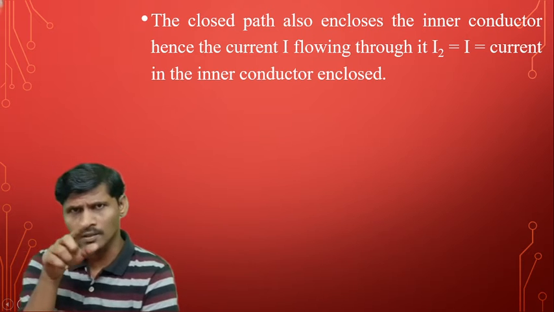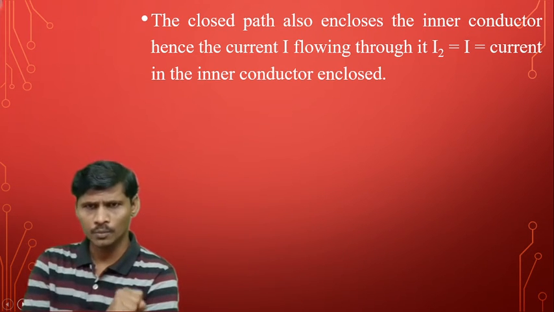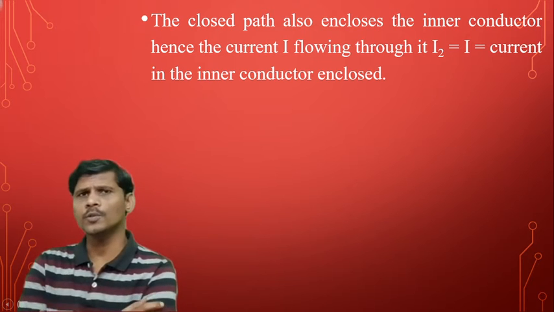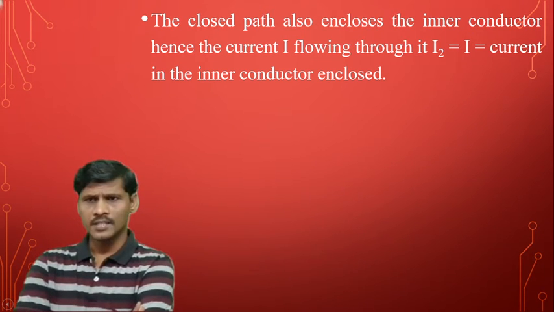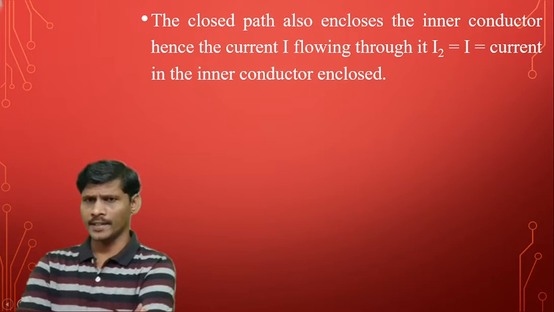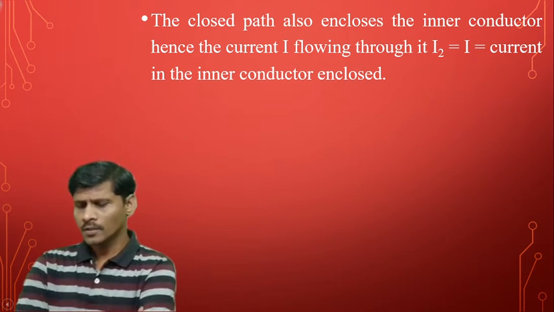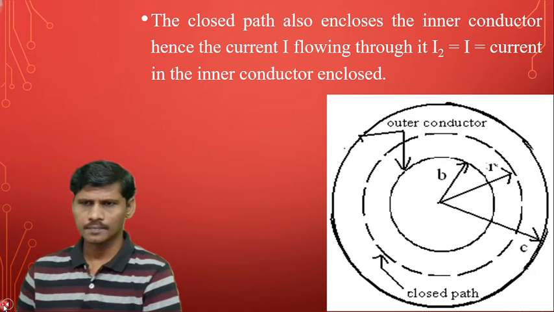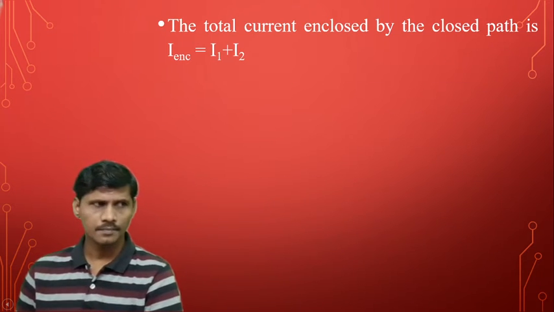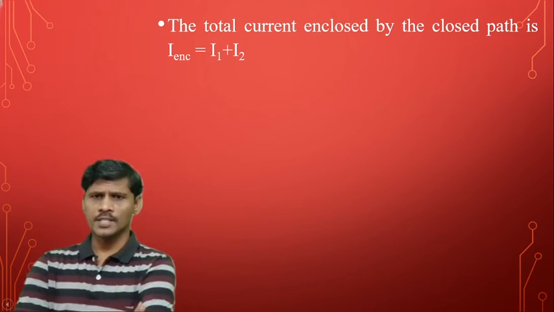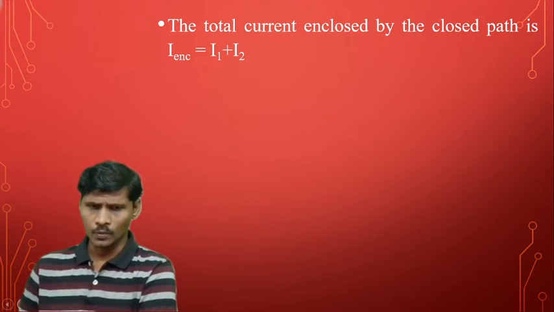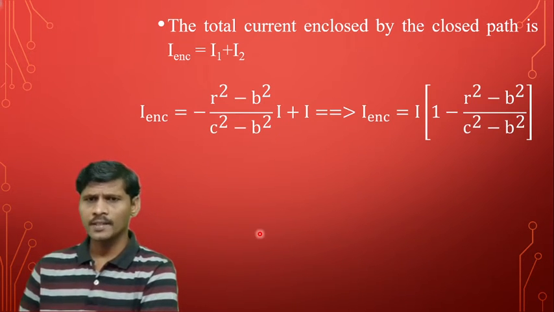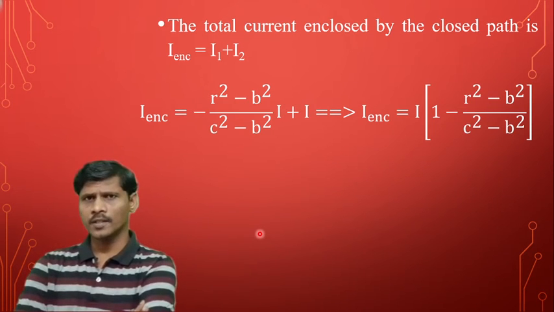So that closed path also encloses the inner conductor. Because of that, the current flowing through the inner conductor is I2, which is equal to I. Therefore, the total current enclosed, I enclosed, is equal to I1 plus I2. Substituting I1 and I2 here, we get the enclosed current in this case